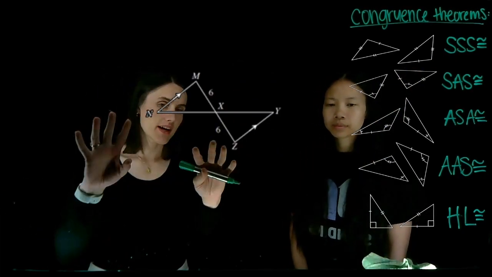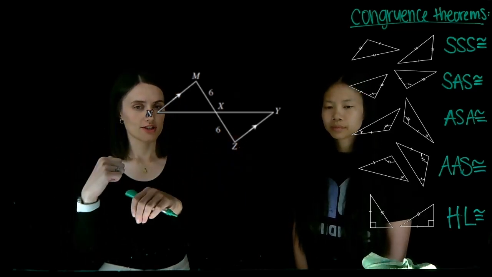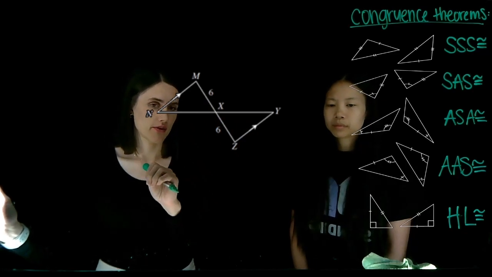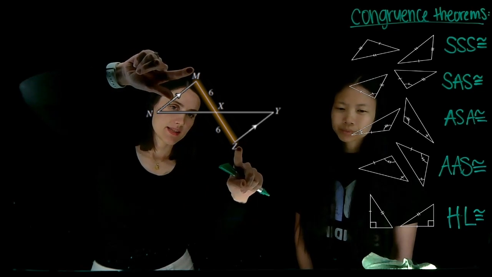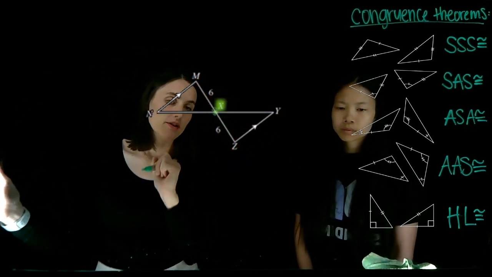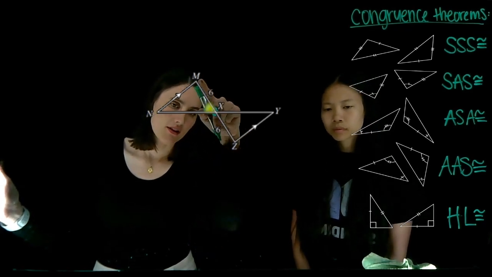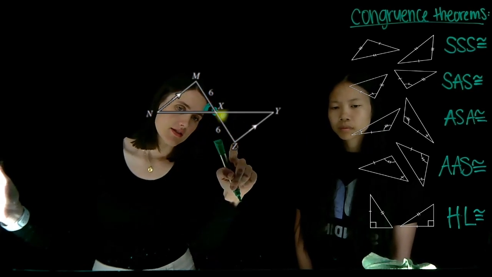So this looks a little crazy because these triangles are connected, but if we remember back to our angle relationships video, there are a lot of things that we can find out about the angles and how they're related between these two triangles. Let's first look at angle X. We can see that line MZ intersects line NY at point X. From our angle relationships, we can say that this angle right here, angle MXN, is congruent to this angle, angle